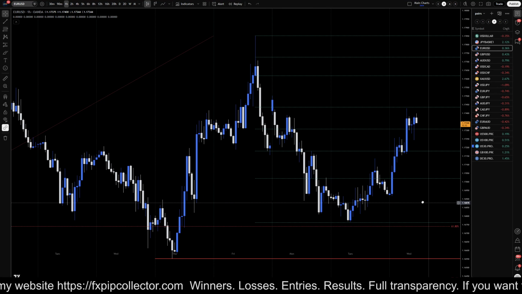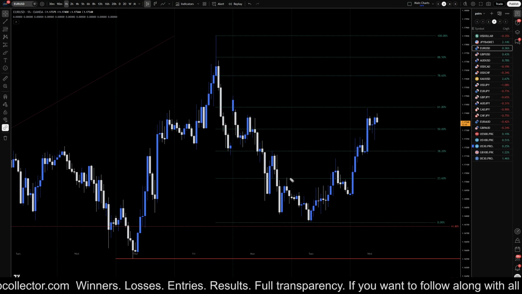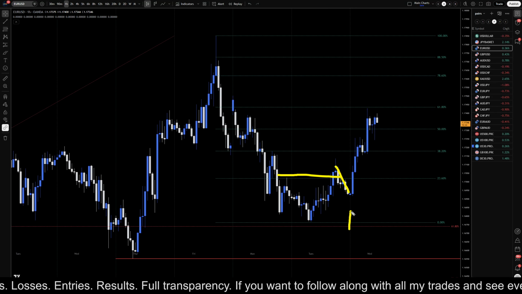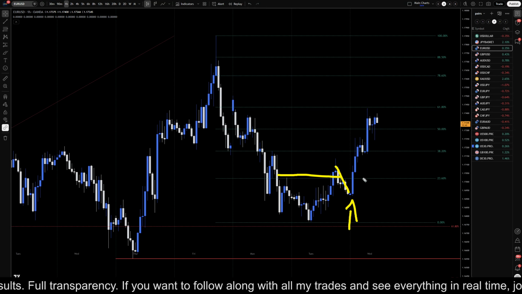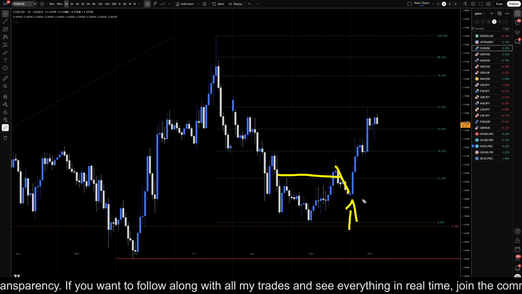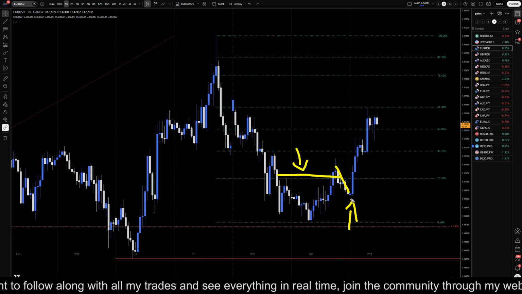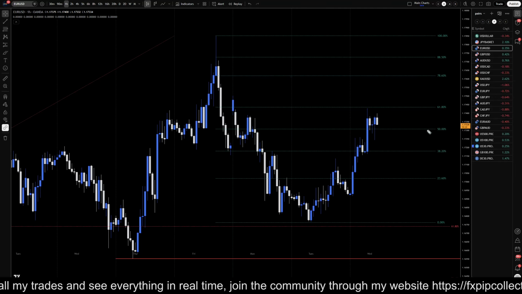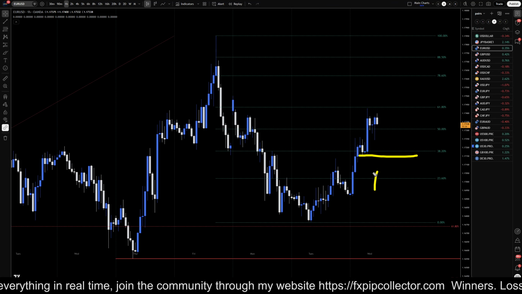So going all the way down to the 1 hour time frame, I guess there was a little bit of a clue in the Asian session because you had this break of structure, then you had a pullback. This entry happened at about 1 o'clock in the night, so definitely wasn't a trade that I took. I was definitely sleeping at that time, but you had a nice little break of structure, you had a nice little pullback, and then an engulfing move up. Very nice little entry. Now, like I said, we should technically be looking for longs unless it breaks this structure.